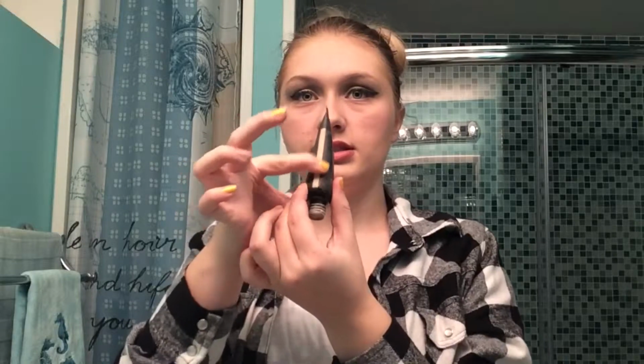I got it on Ulta online, and you can see how much is in the tube. So I'm going to put it down, and mind you, my color is light. So let's see, does it say on here which color I am? No, it doesn't, but, oh yeah, it does. Fair Sand is what I got in this one. So this is what it looks like on here. As you can see, very thick